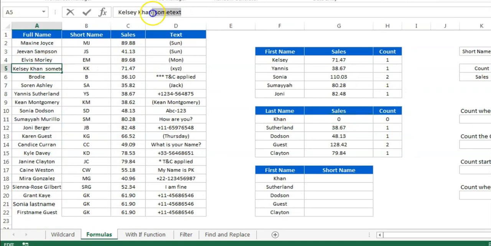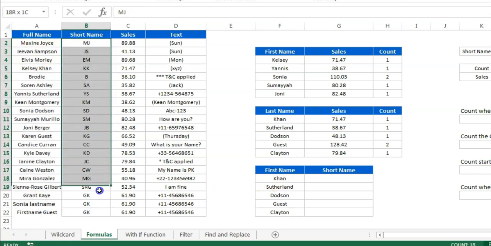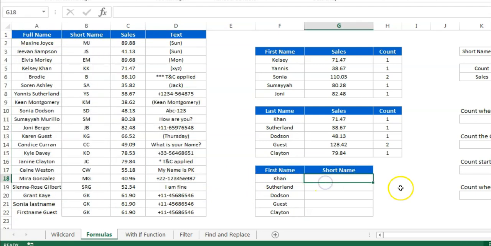Alright. Now I'll tell you how you can use VLOOKUP. So you can see we have the first name, and using this full name we have to get this short name. So how can we use VLOOKUP here? We can use VLOOKUP here. Then in the lookup value we will take this one, but we know this is the first name, this is the last name actually. So let me put here the last name. So this is the last name, and on the basis of the last name we have to get the short name.